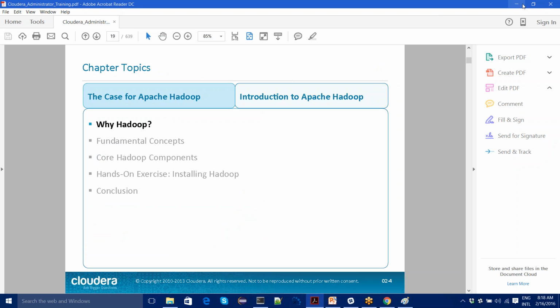We'll start our session from tomorrow on the core Hadoop, what all the Hadoop core components are, and the installing exercises. I'll also share some of the materials with you today, or else tomorrow morning.